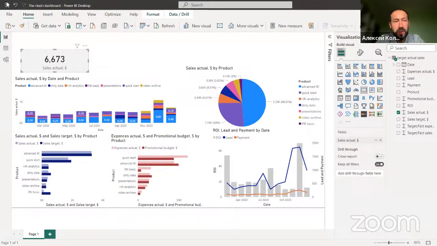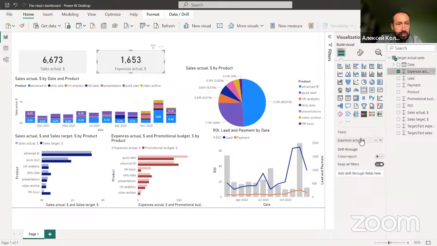So I stopped at this point when I have designed this single value card. I have sales actual, and I may add my value. I may duplicate this card and change this value. For example, instead my sales actual, I will display my expenses actual. And